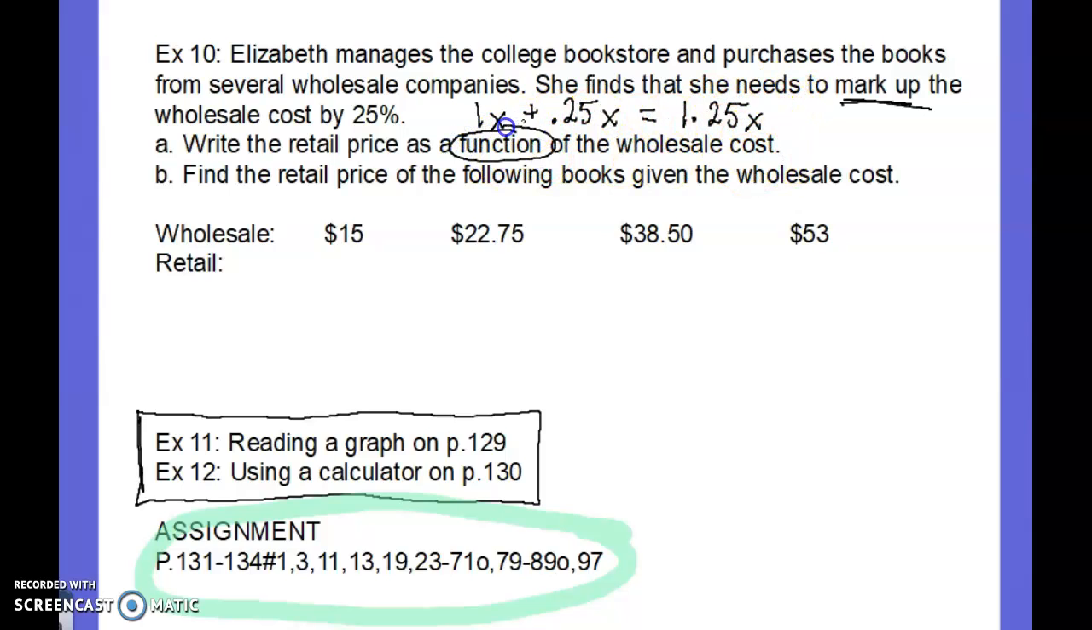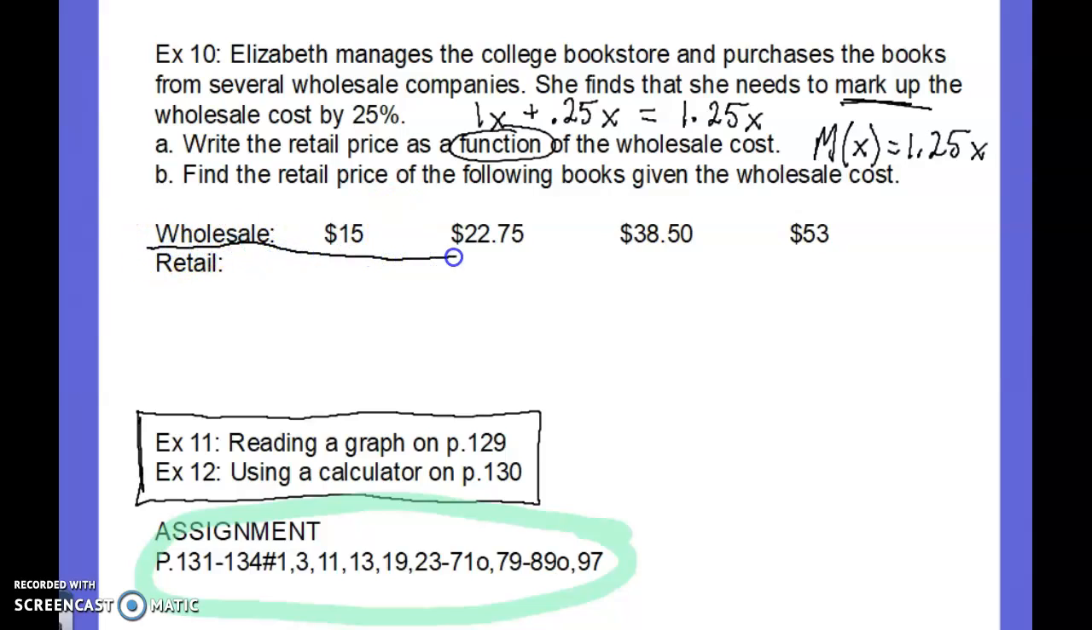Let's write it as a function. So let's write in function notation. Maybe you want to call it m instead of f or g for markup. So m of x is equal to 1.25x. Find the retail price of the following. Well, we